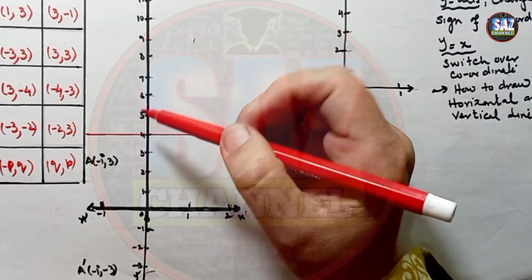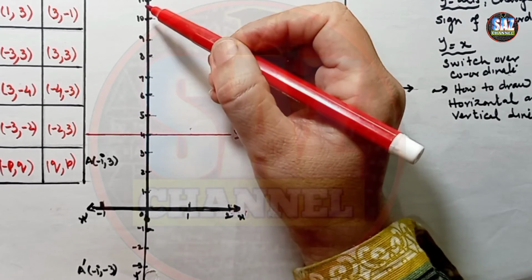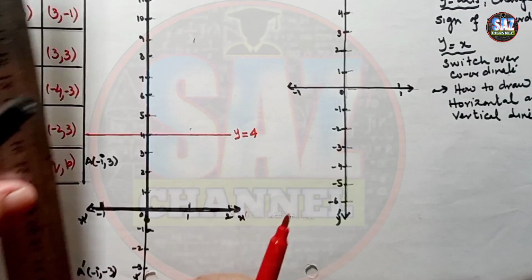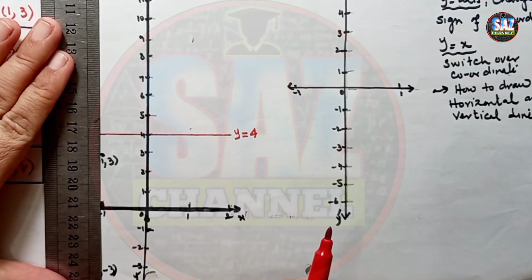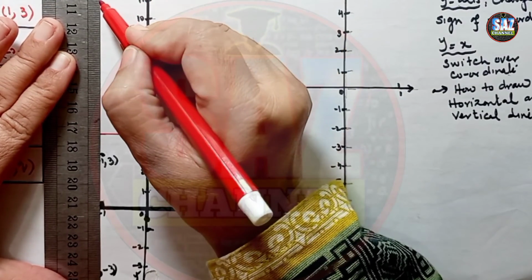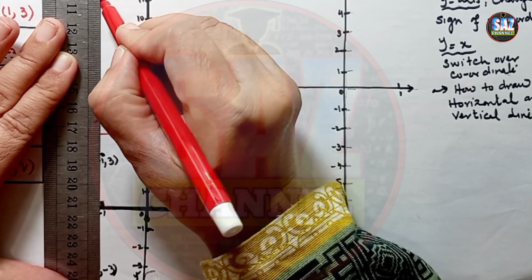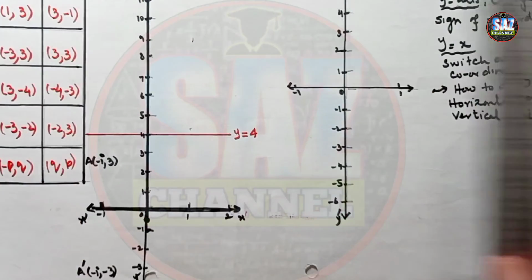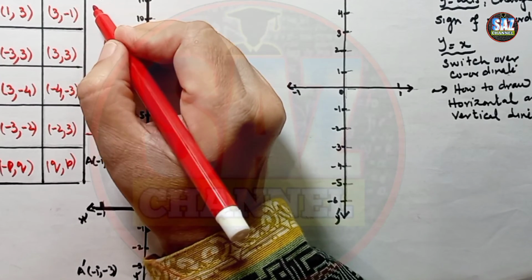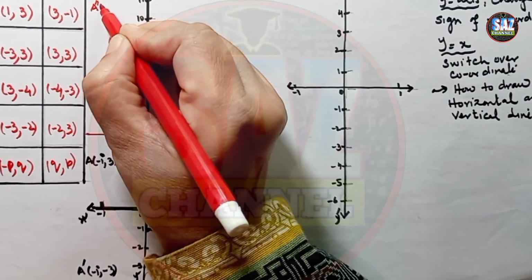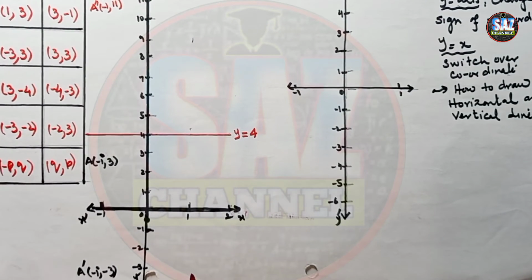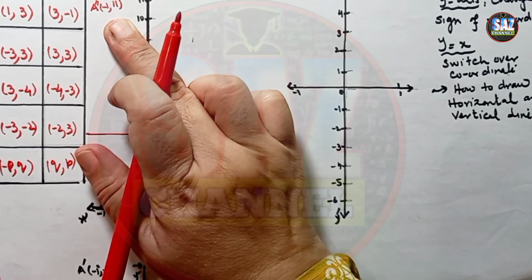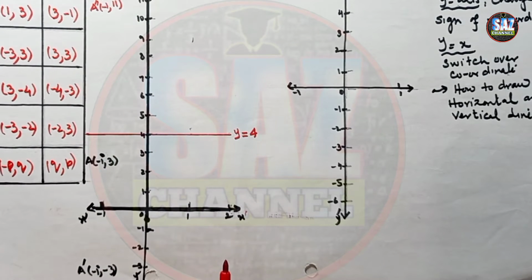That will be 1, 2, 3, 4, 5, 6 and 7, which gives 11. So the point is (-1, 11), and this will be the final image in this part. A double dash will be at (-1, 11). In this case, we are getting the final image at (-1, 11). I hope you are clear how we are finding the reflection in double mirrors.